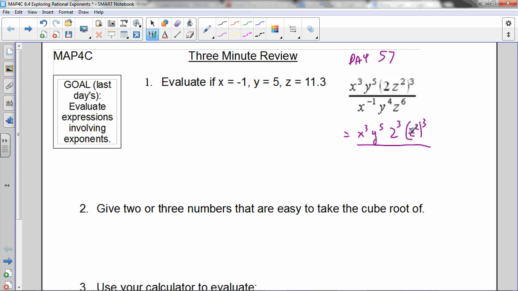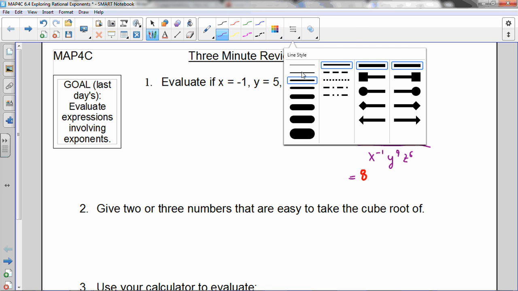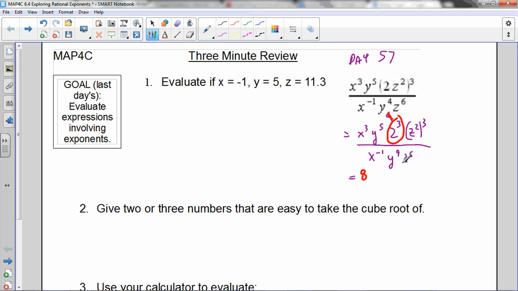And on the bottom, I'm just going to write this down for now. That part right there, don't worry about that part. That was just me goofing up. That part there is a number. I'm going to evaluate that. That's 8, and I'm going to write it out front. Okay? And then the second part of this next step is, well, I see I've got some exponent laws to